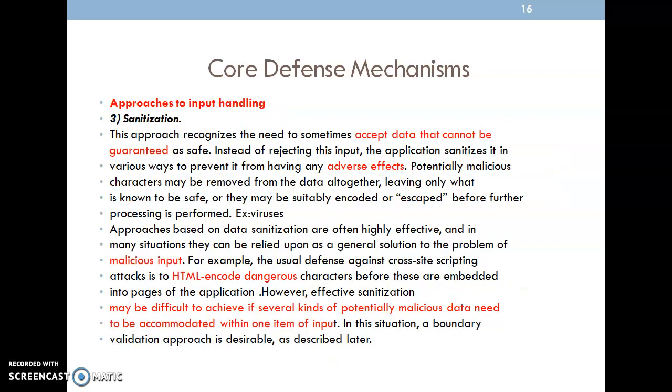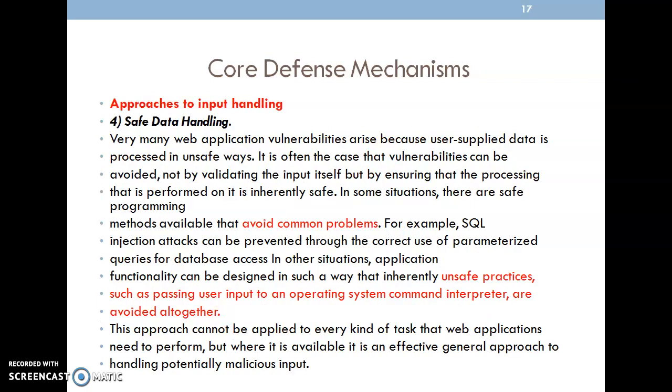Then sanitization. Sanitization sometimes accepts data that cannot be guaranteed as safe. The same thing applies here. If I know that the code is not good, we are not going to accept it. But for certain cases, we need to accept it and make some changes to it. Okay. In the next